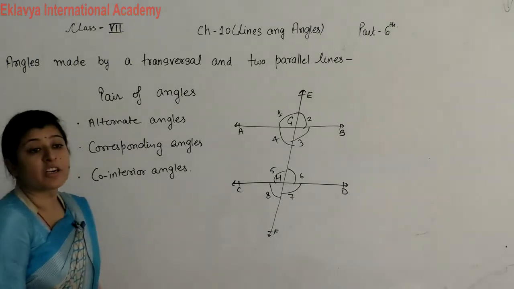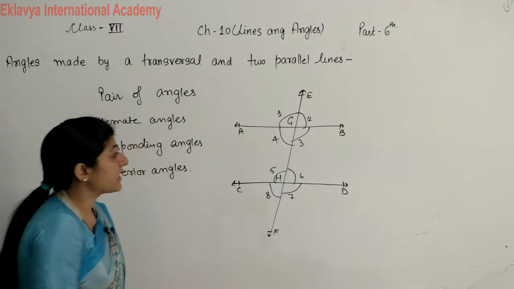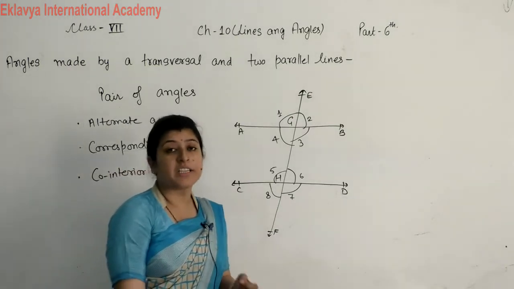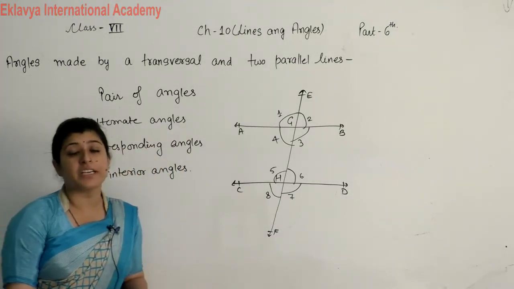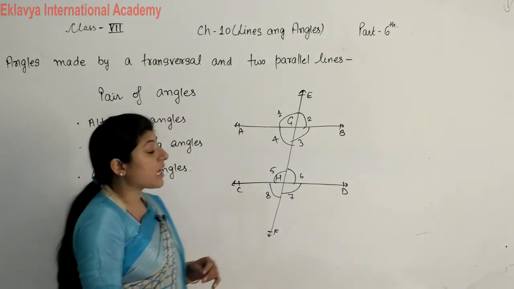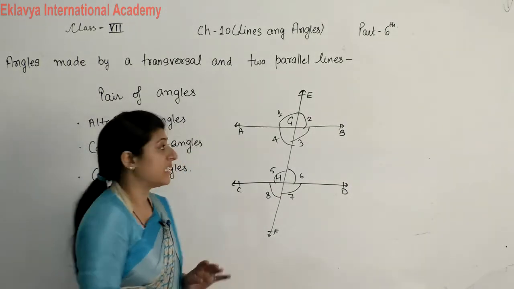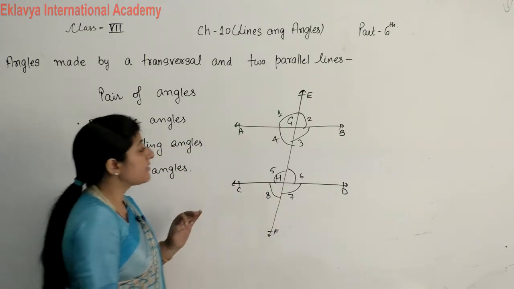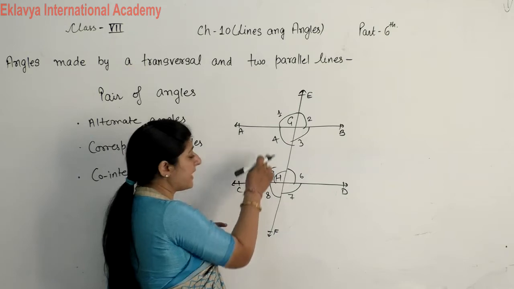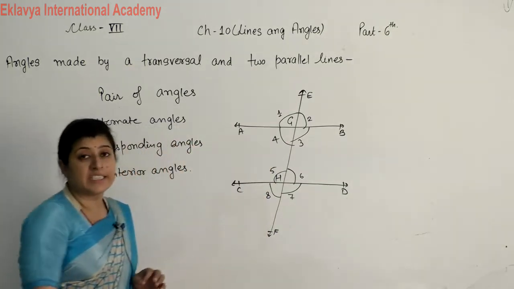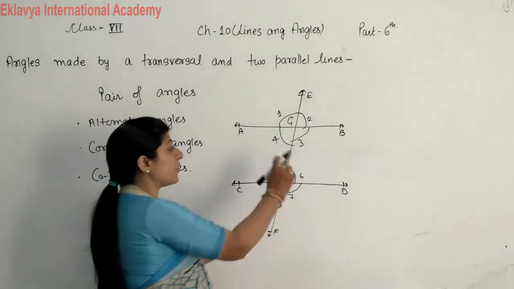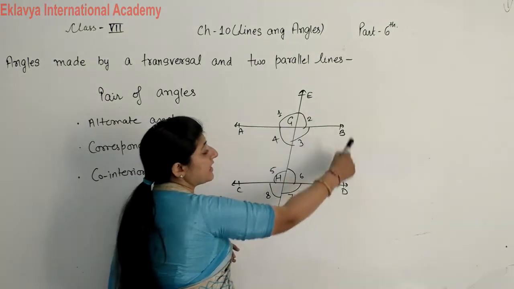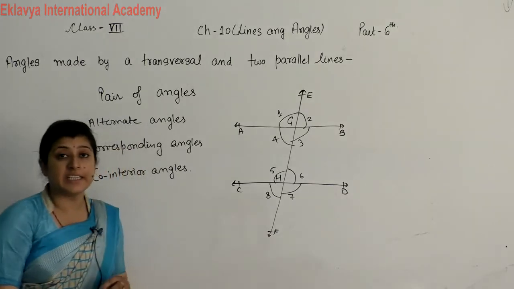In the case of alternate angles, we can say alternate interior angles. An alternate interior angle is a pair of interior angles which lie on opposite sides of a transversal. It means a pair of angles: we take one angle with line AB and the second angle with line CD. Interior angles, then we know that 3, 4, 5, 6, these angles are in the interior region. So these angles are interior angles.